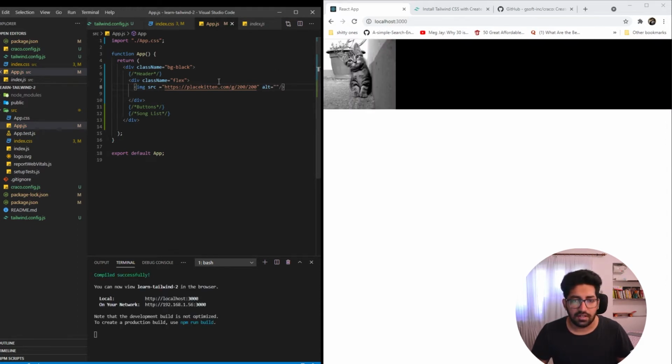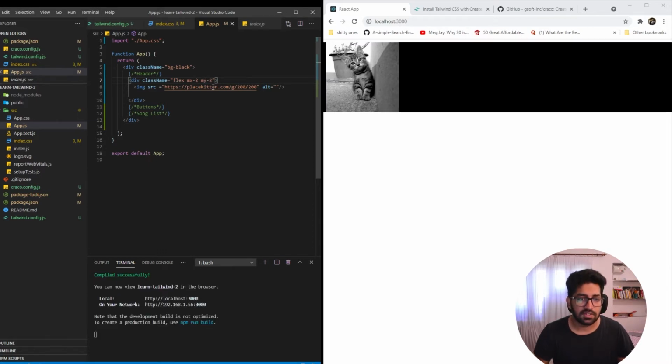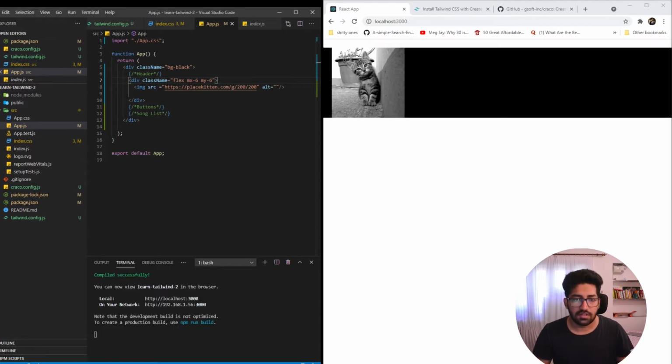Now we need a little margin here. So what we'll add is mx-2 and my-2. This basically adds an x and y margin to both the places. So I'll add a little more margin for this. This should place the image over here, and yep.